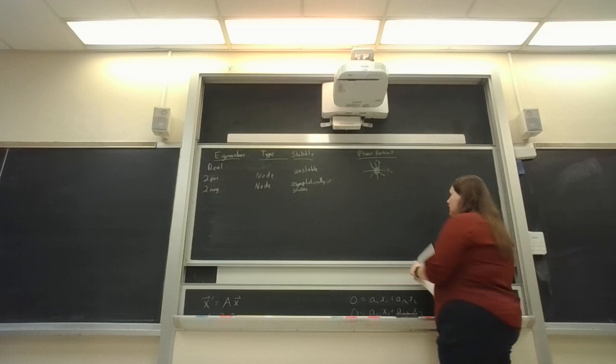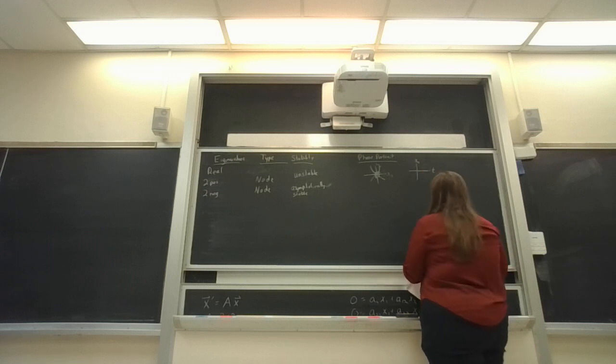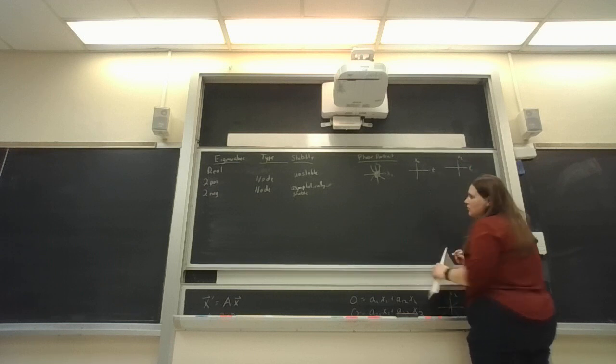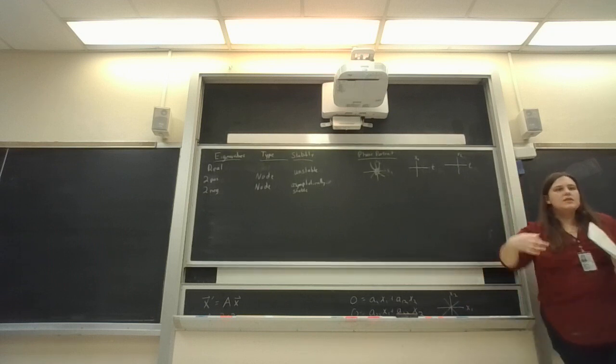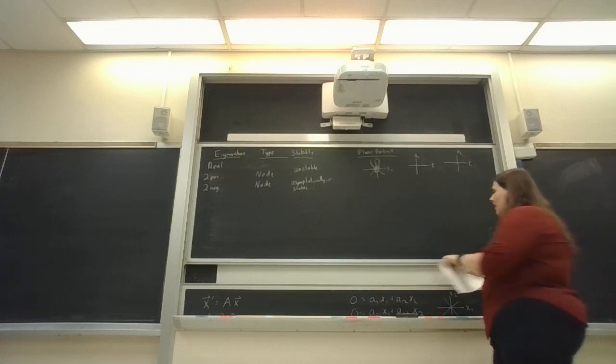But if instead I was to do a graph where I had T on the horizontal axis and X1 on my vertical axis, and then a second graph where I had T on my horizontal and X2 on my vertical, right? So in this case, I'm graphing my solutions over time. Because I think something we forget about these, we do have this underlying time factor, right? Because X1 and X2 are themselves equations with independent variables. So if I was to graph these,